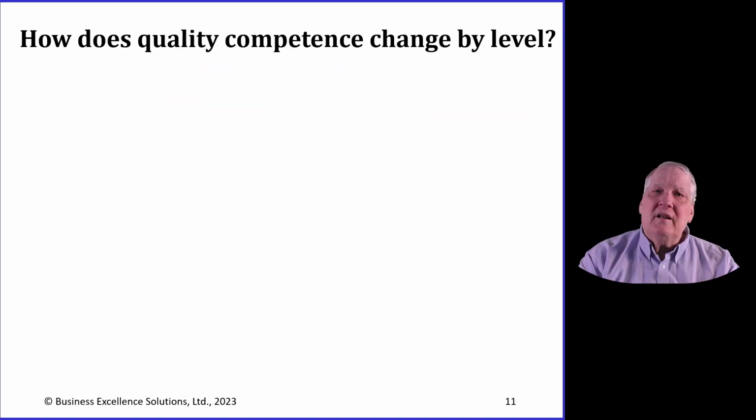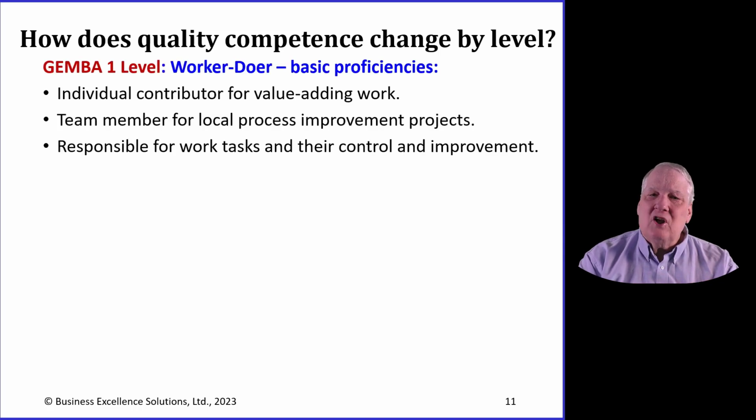So we see that in each of these levels of the organization, quality competence changes. At Gemba 1, it's a worker-doer. They have several basic proficiencies. They're individual contributors that are developing the value-adding work. They're also team members for local improvement projects, and they're responsible for conducting the work tasks and the control and improvement of those tasks. At Gemba 2, we see the